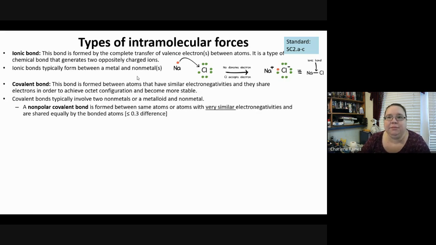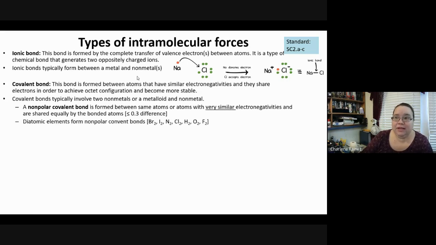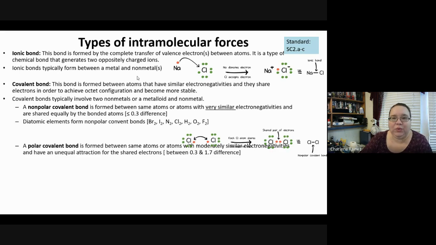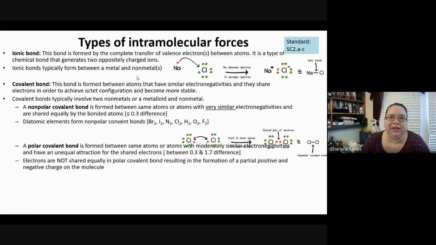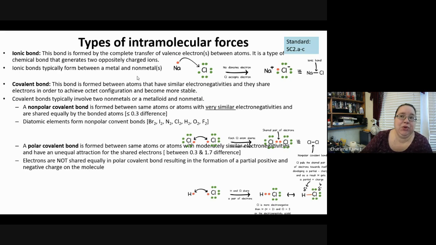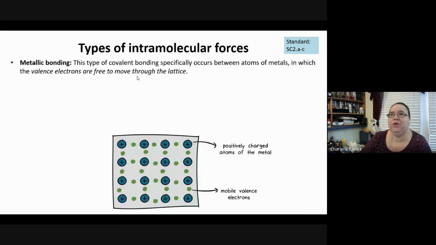Now, we did see 2 types of covalent bonds, and we will actually talk a little bit more about these 2 specific types of covalent bonds later in this unit. And we are looking at that nonpolar, where the electrons are shared equally. And we are looking at polar, where the electrons are not shared equally. So you've got a larger difference with your polar bonds and basically almost no difference in their electronegativity with the nonpolar. But the thing I wanted to kind of focus back on is the fact that ionic, we're transferring electrons, covalents, we're sharing. And yes, we did see a third intramolecular force back with Unit 1, and that was our